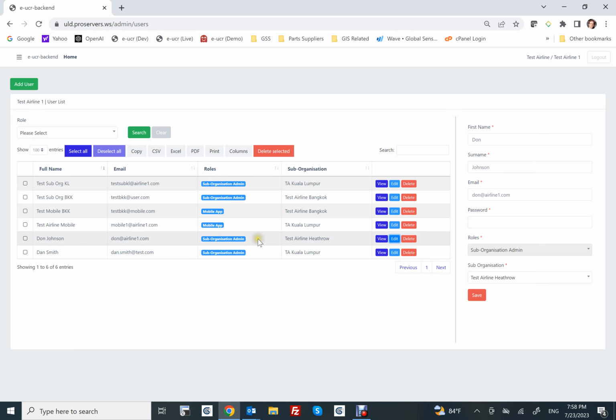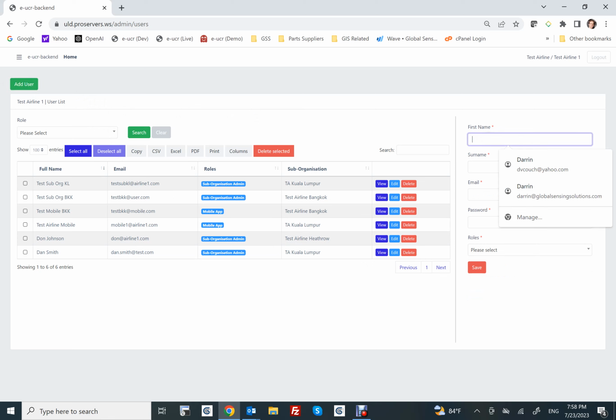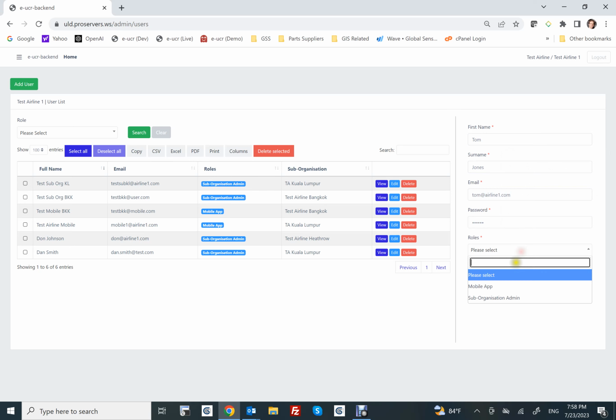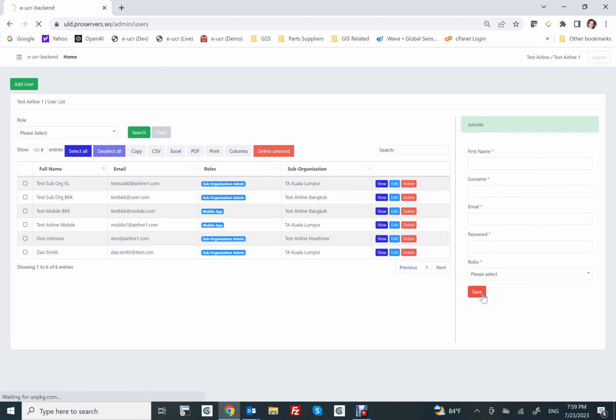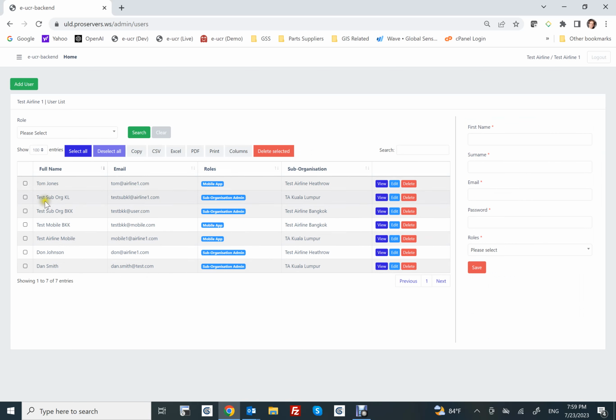Okay, so we created a sub-org admin here, and now what we're going to do is we're going to click on add user, and we're going to create a mobile app user. We're going to say mobile app user is Tom Jones, and he's Tom at airline1.com, and password is XXX123. And roles, this time we're going to say he's a mobile app user, and again he's at Test Airline Heathrow. So we press save, and now you can see that Tom Jones shows up here, Tom at airline, and he's